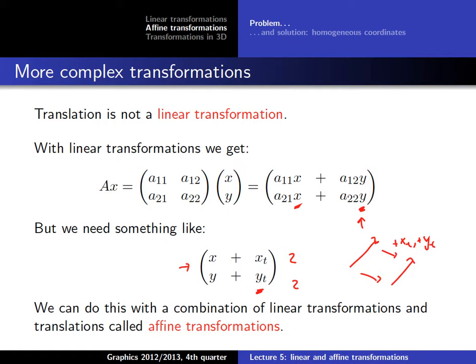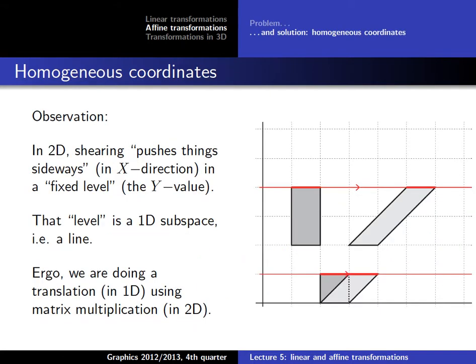Yeah, so like I said, if you look at the formula, it should be clear that we cannot do translation with matrix multiplication in a regular way, but we are very interested, of course, in doing it with matrix multiplication, which is why we have this enhanced concept of matrices, which then leads to the affine transformation. And the idea of it is